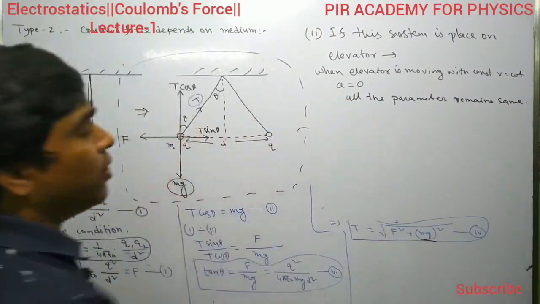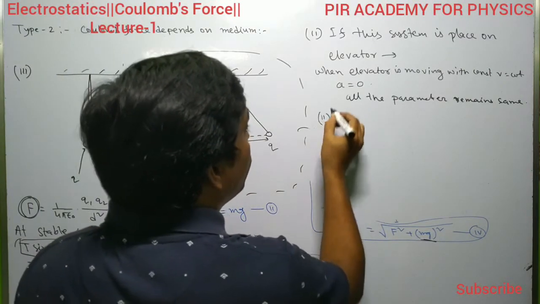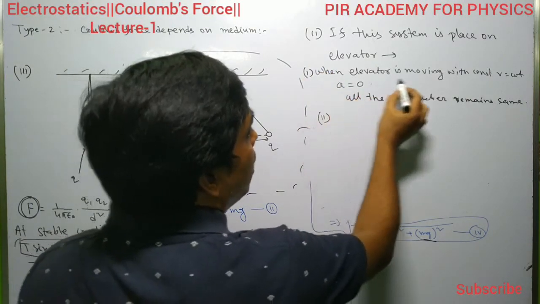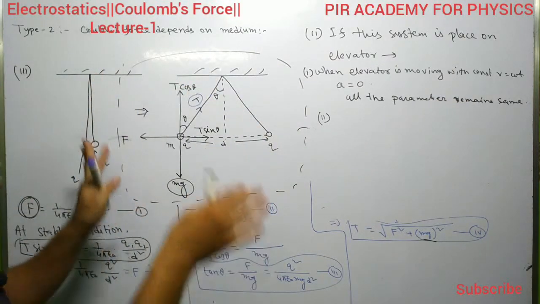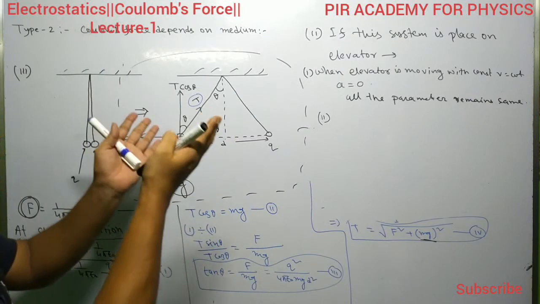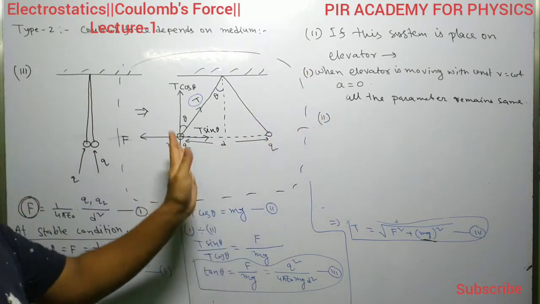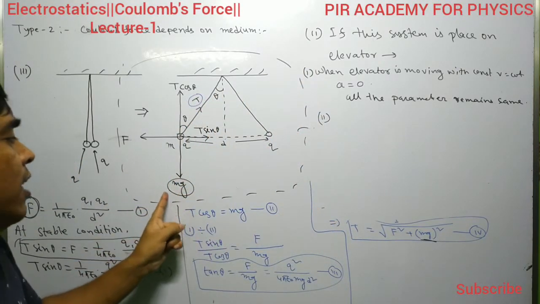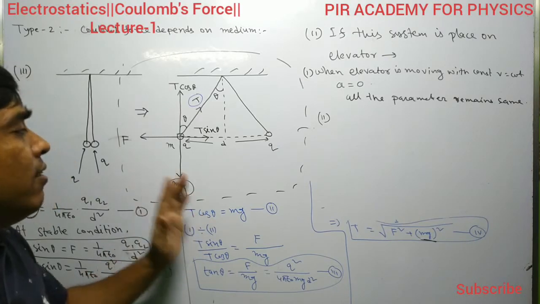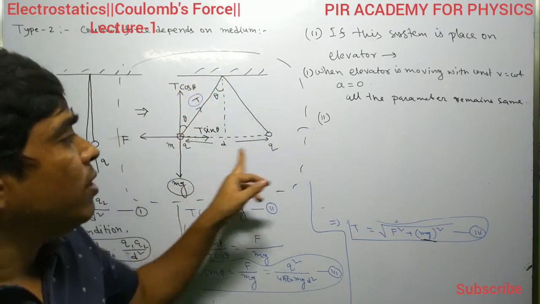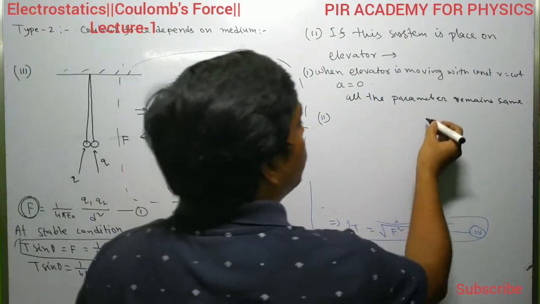in this second condition, suppose this is elevator number 2, and here is number 1, when the elevator is moving with constant velocity. That means if the system is on the elevator and the elevator is moving upward with constant velocity, there is no acceleration, so the apparent weight remains constant. So if the apparent weight remains constant, all the parameters will remain the same. But when the elevator, suppose this is the elevator,